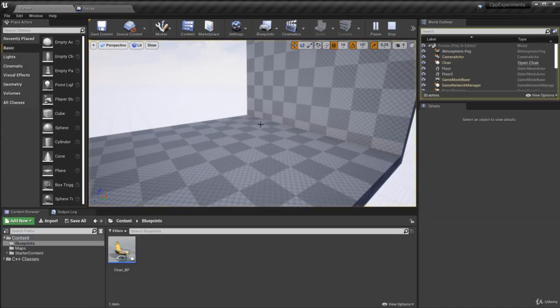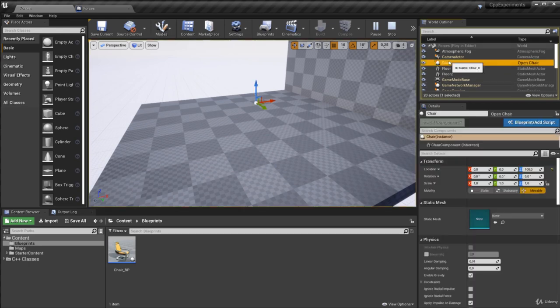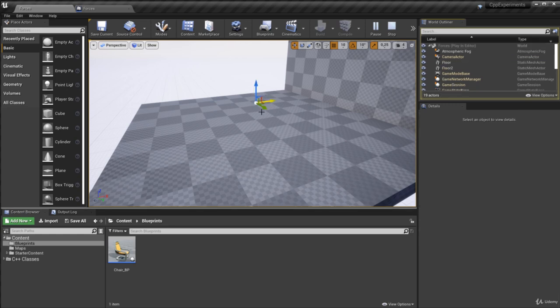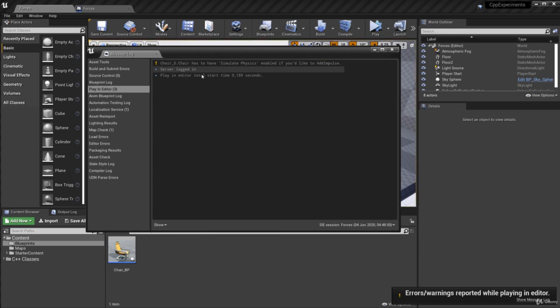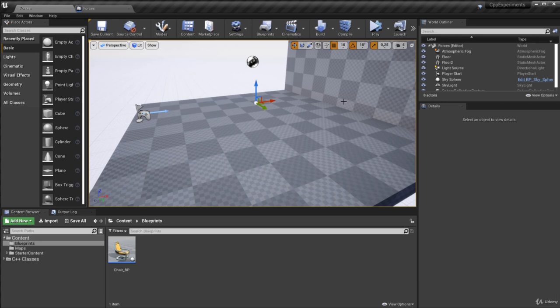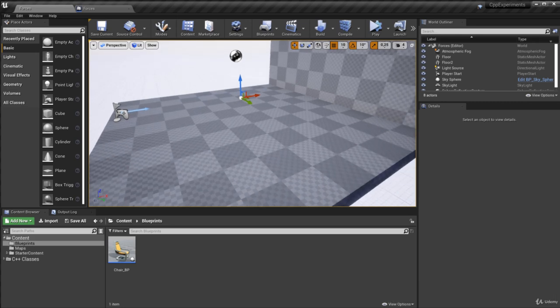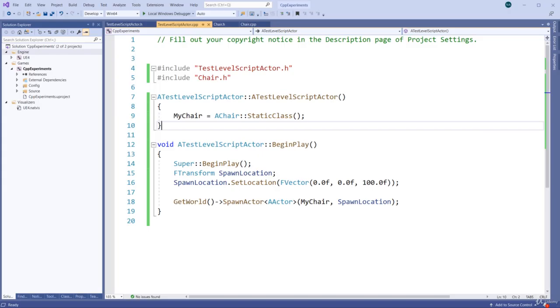And if I go and play this now, you can see that we have this chair instance spawned at the location 0, 0, 100. But it does not have any representation in the world. You can see it gets destroyed, and that's because we have that set up to be destroyed. And you can actually see we get an error because simulate physics is not enabled by default. So what does this mean? Well, if I open up